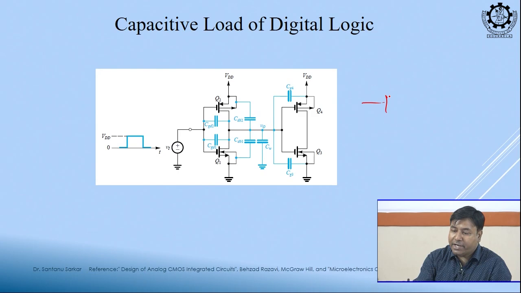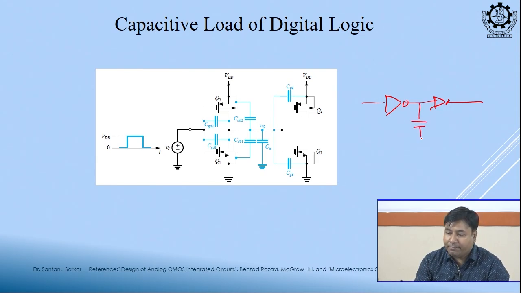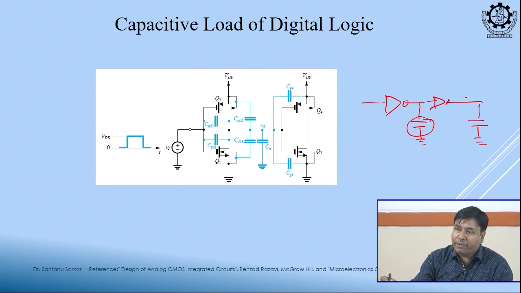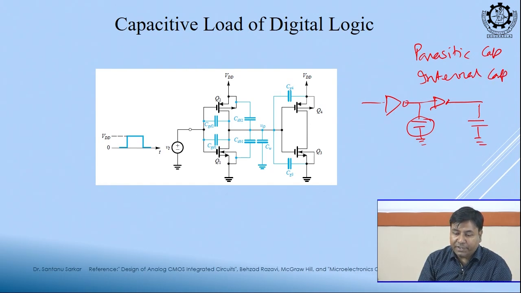So, suppose one inverter is driving another inverter. So, this circuit is same, right? This is one inverter, this is another inverter. Now, we told that there will be some capacitive load. Now, who will provide this load? Who will provide these capacitances? There is no physical capacitance. Okay. So, this capacitance will be all parasitic cap or internal cap. That means, the wire will give some cap,